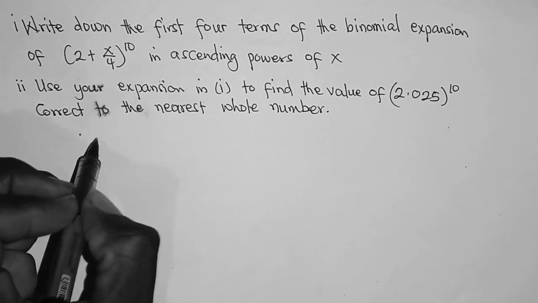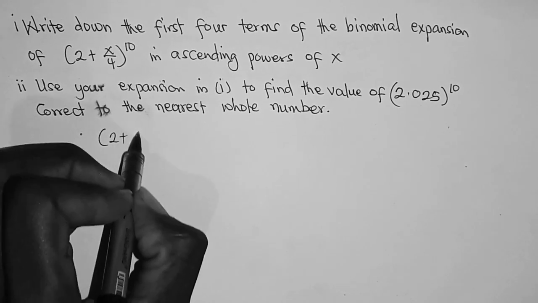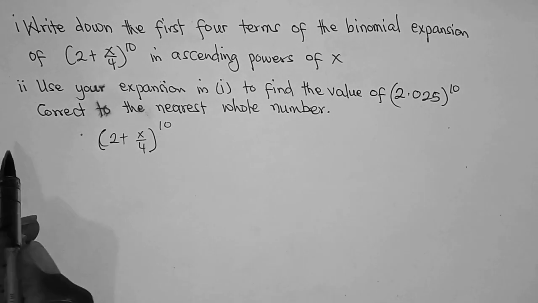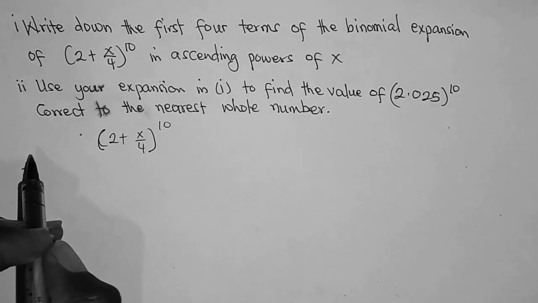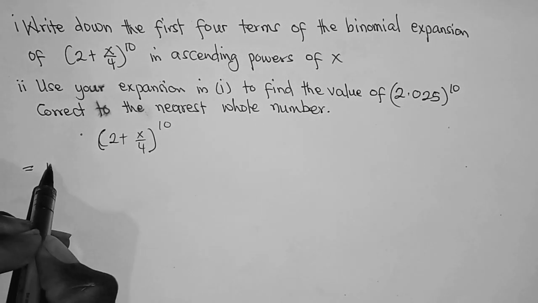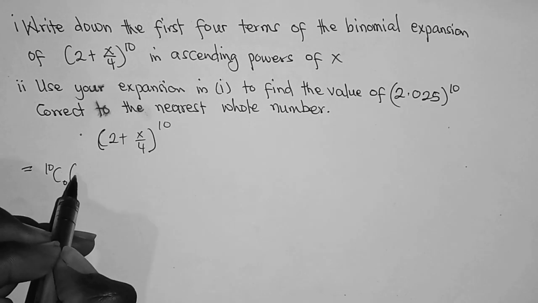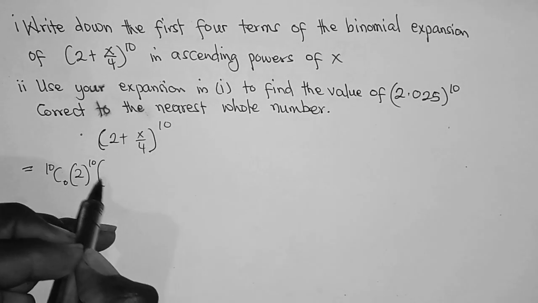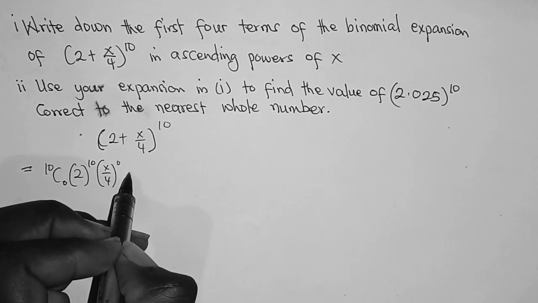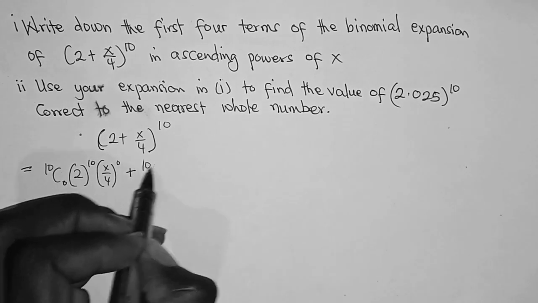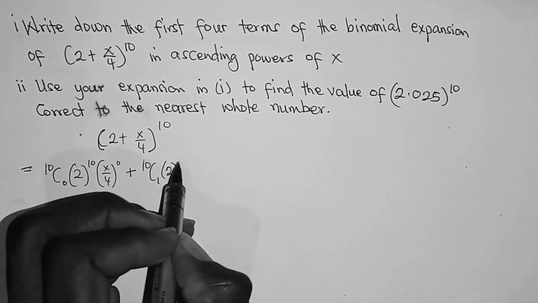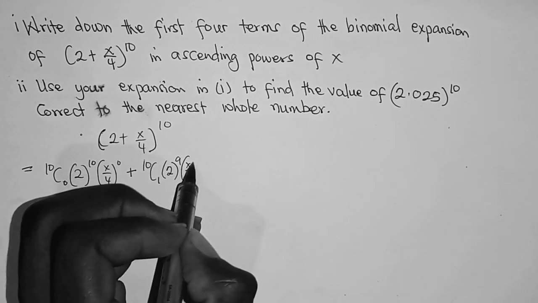So the expansion is (2 + x/4)^10. So this is equal to, now, the first term will be 10 combination 0, then 2 exponent 10, then x over 4 exponent 0. Then the second term, so plus 10 combination 1, 2 exponent 10 minus 1 is 9, then x over 4